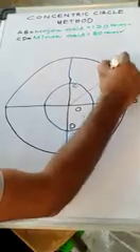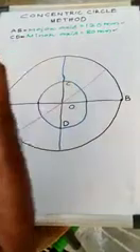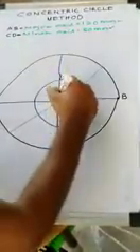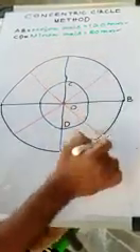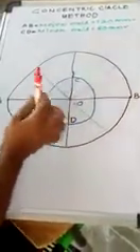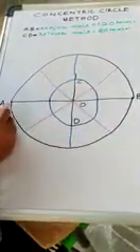Draw the 45 degrees line. This angle 45, this angle 45. So from this one, another 45 degrees line. Now the circle is divided into 8 equal parts: 1, 2, 3, 4, 5, 6, 7, 8. Now on the major axis circle I am locating the points 1, 2, 3, 4,